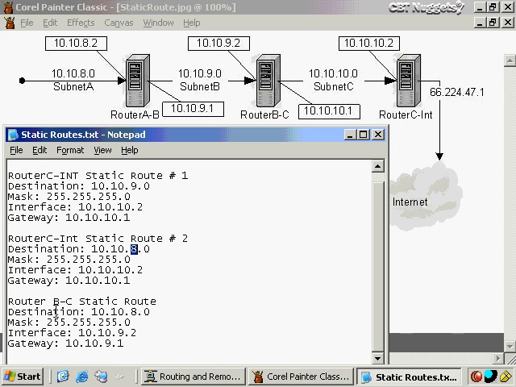And for that one, I'm going to designate a destination again here of .8.0, and I'm going to give it a subnet mask of 255.255.255.0, or a Class C subnet mask. And then the interface of 10.10.9.2, and that's where we're going to direct that traffic, and then this interface here is going to forward those packets on to 10.10.9.1, as you can see down here. And then from that point, this router here has direct knowledge of 10.10.8.0,